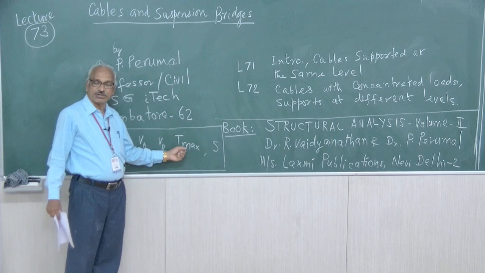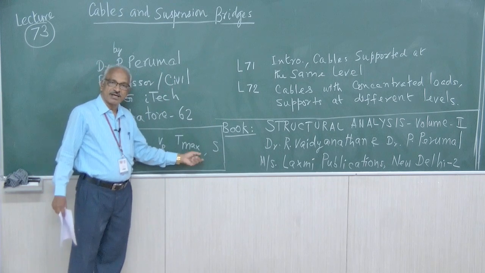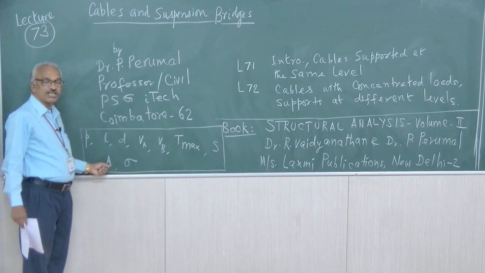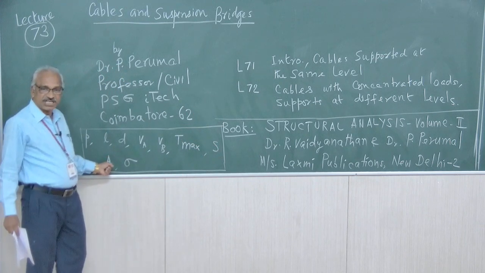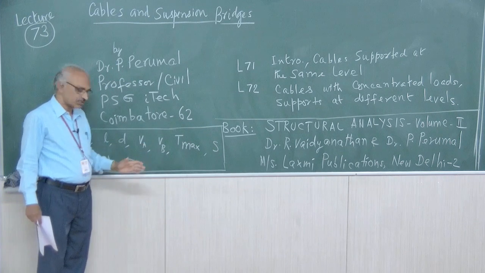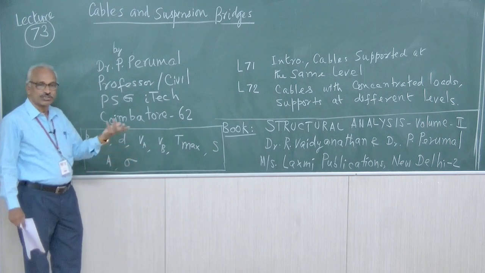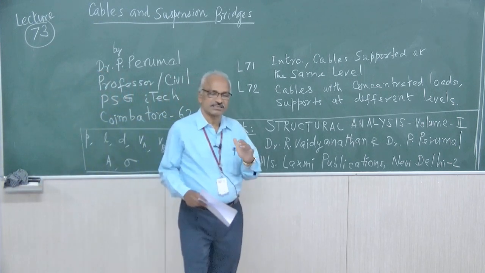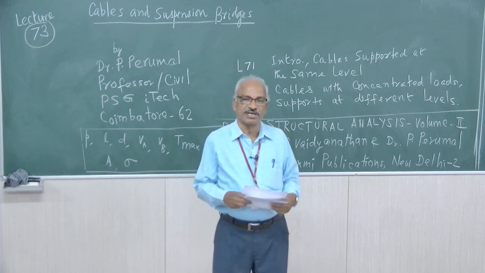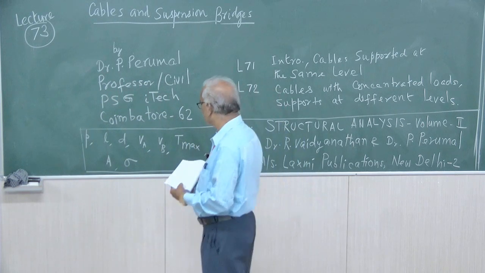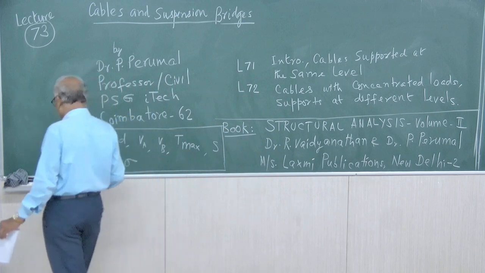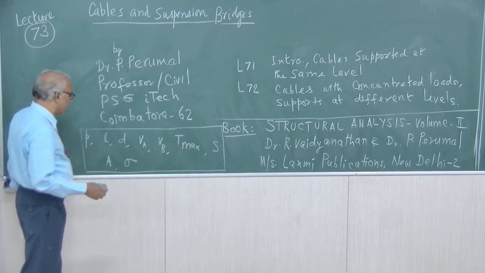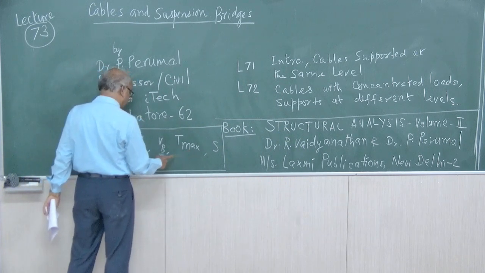You may be asked to find out the value of T max, or after finding out the T max by giving the stress, you may be asked to find out the area of cross section, because we know tension is equal to stress into area. So when stress is given, we can find out the area of cross section of the cable. So like this, they may ask any value by giving the required data. So this is where we have stopped in the last lecture. We have discussed one problem and found out the value of horizontal tension.